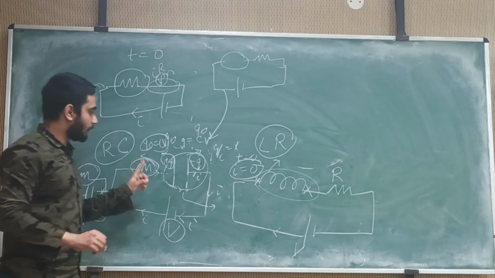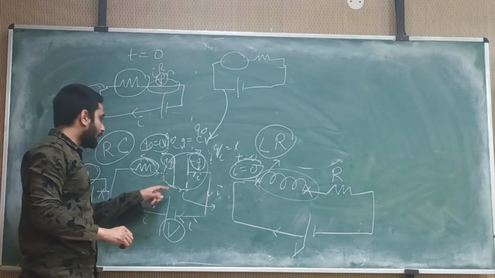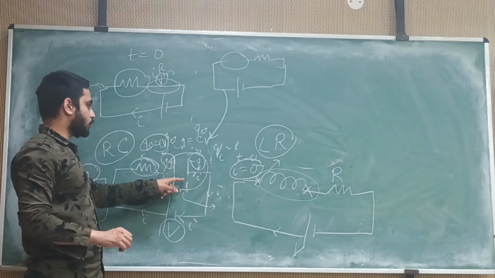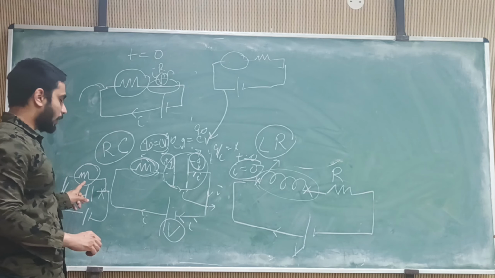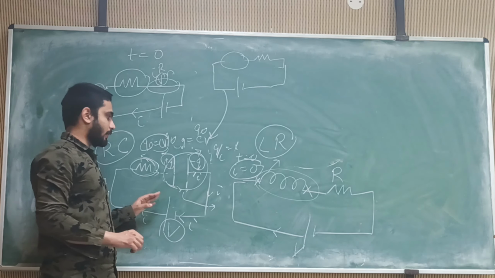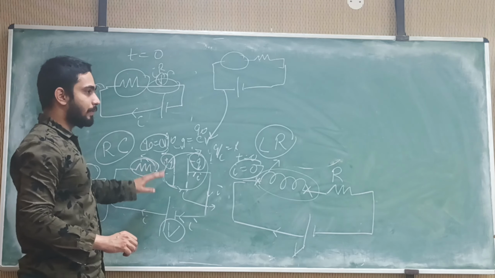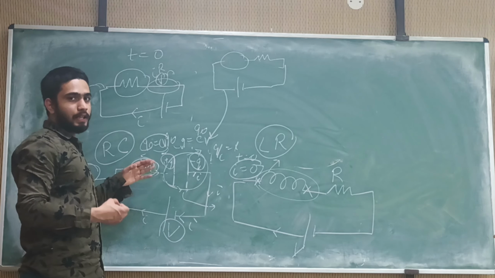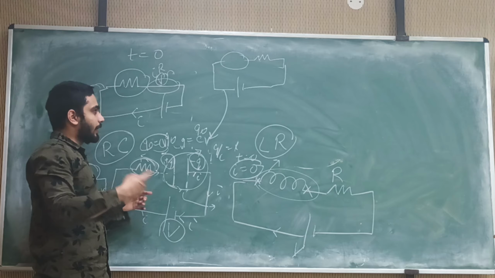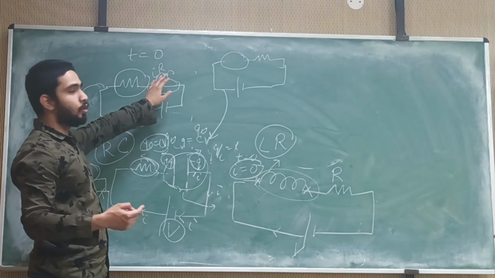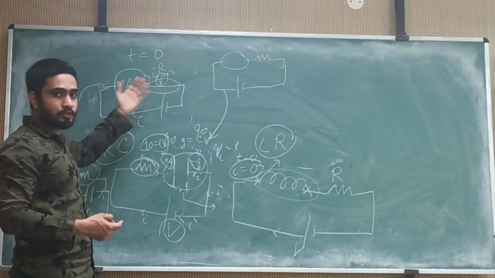But in the case where they are connected in series, the current at time t equal to infinity will be zero. Okay, so this we have to remember: when they are connected in series, no current will be there at time t equal to infinity. But at time t equal to 0, current I will be there. We can replace it with a wire, or a zero resistance wire.